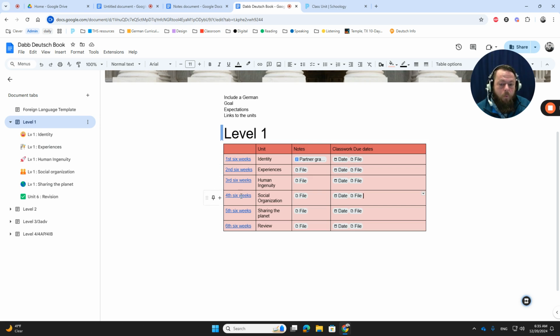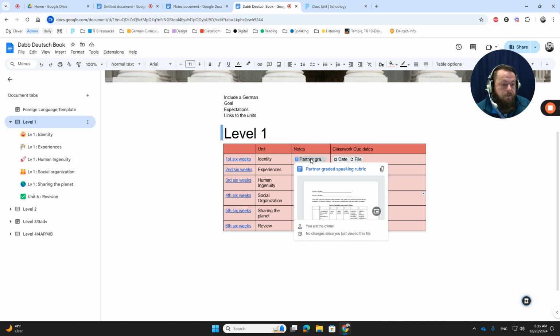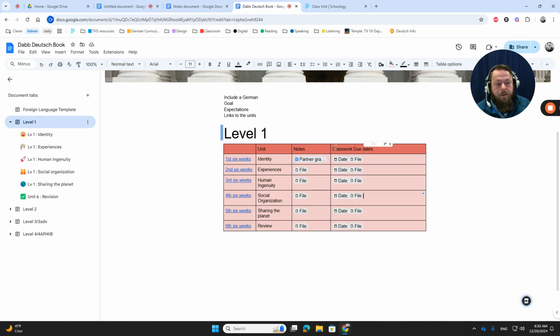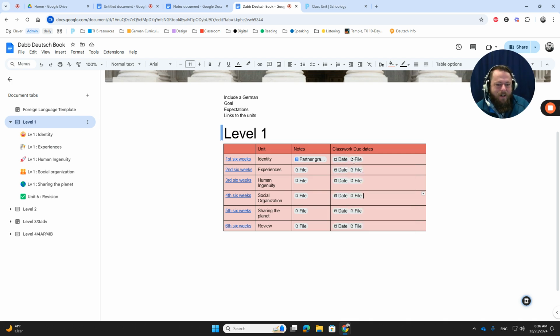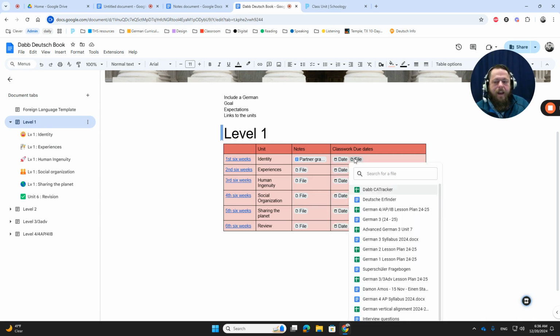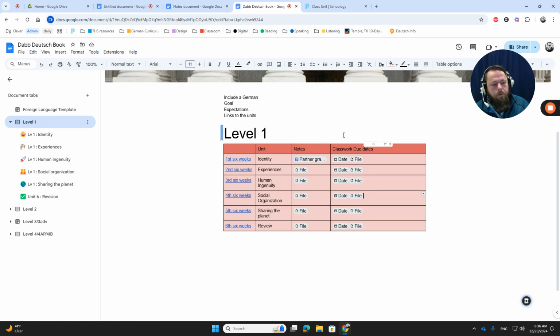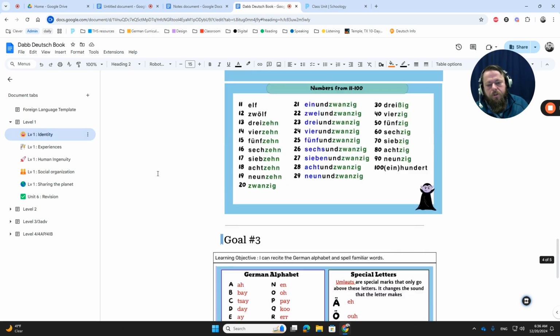For example, if level 1, we are in the first 6 weeks, they notice that there's some notes here. Okay, those notes could be a notes document, something that you create. It could be all sorts of other things. So you can, if you're familiar with Smartsheets, it's just a way to add in extra information and kind of reduce that redundancy that sometimes happens. You also have a way to communicate with students on how when the classwork was done and what the file is that they need to access. So I think these are super helpful links, as well as over here on the side, you change the different